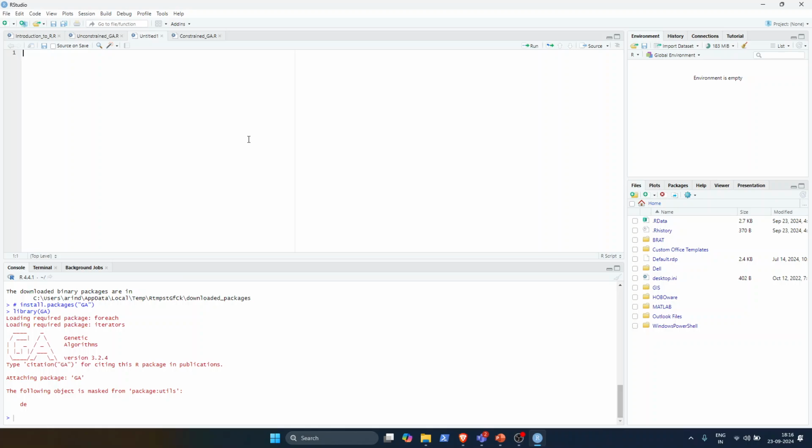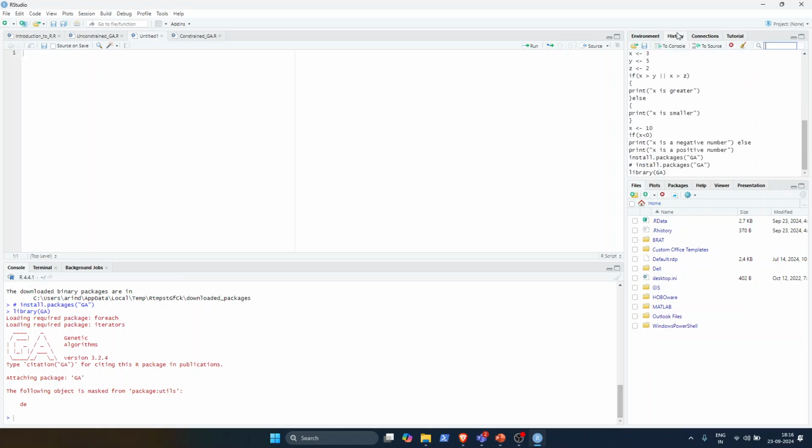So this is one of the windows. This is called the source editor, and this window is called the console editor. We can write the code here, and we can also do small operations here. Mostly we do any of the languages here in the source editor. This one is the environment